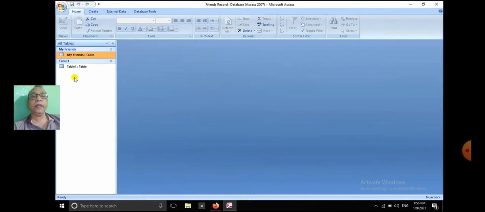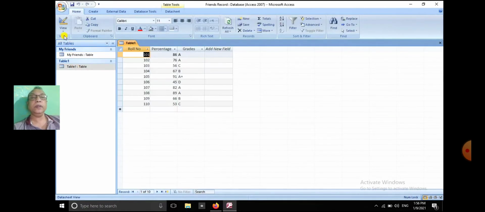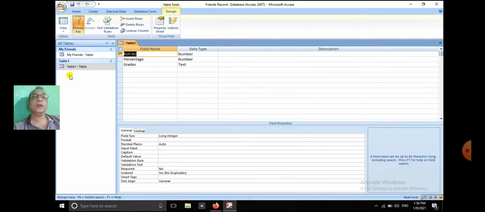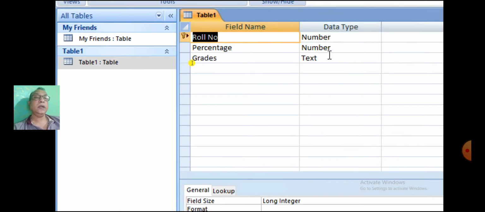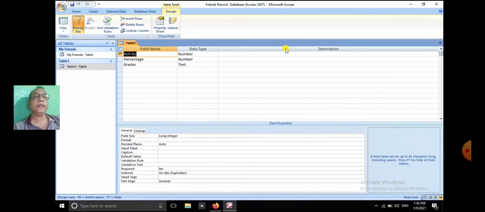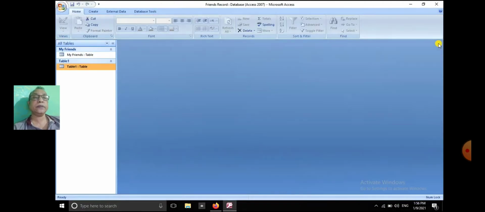Now we shall create the second table. Field name roll number, data type as number, field name percentage, data type as number and field name grades, data type as text.